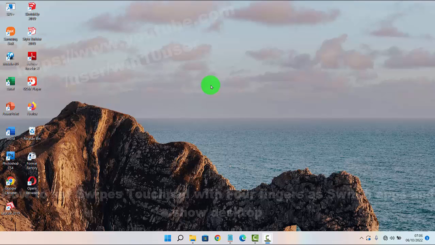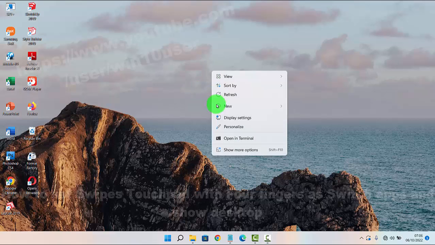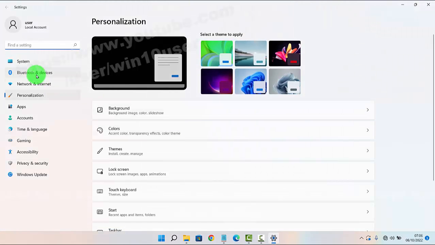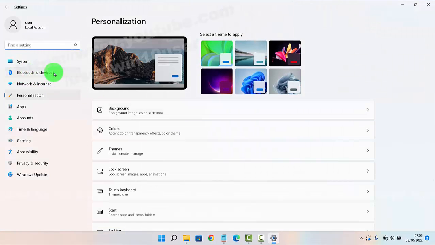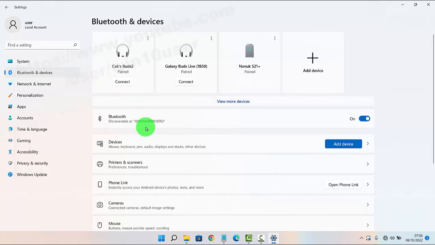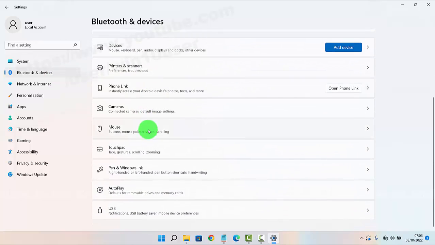To set swipes on the touchpad with 4 fingers as switch apps and show desktop in Windows 11 Home, right click on an empty area on the desktop and then select Personalize. Next, click or tap Bluetooth and devices. Scroll down the screen, tap or click touchpad,